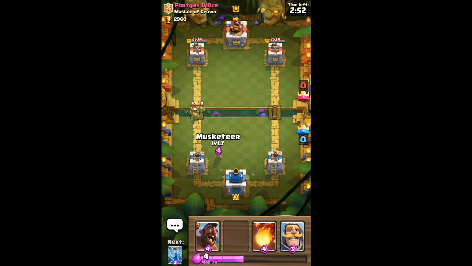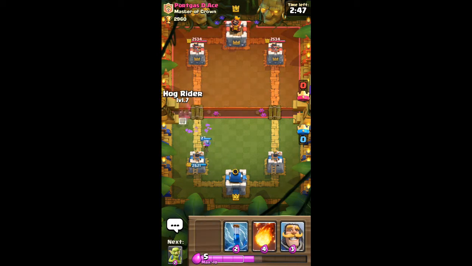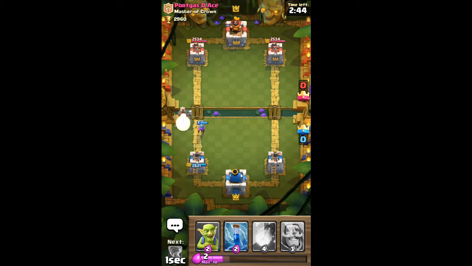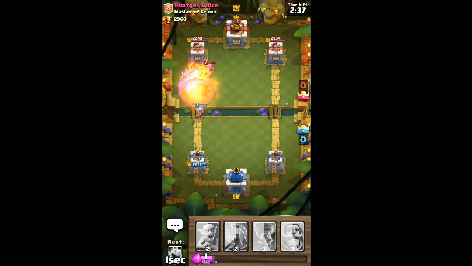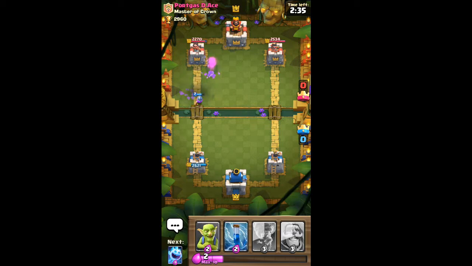So now we have the knight. Knight is a good tank, and he's good for defending also. Now if he plays executioner or bowler, the goblins won't be enough to take down the executioner or the bowler or any other troop. So it's better to have a knight or a mini P.E.K.K.A. Mini P.E.K.K.A. is a little bit expensive,